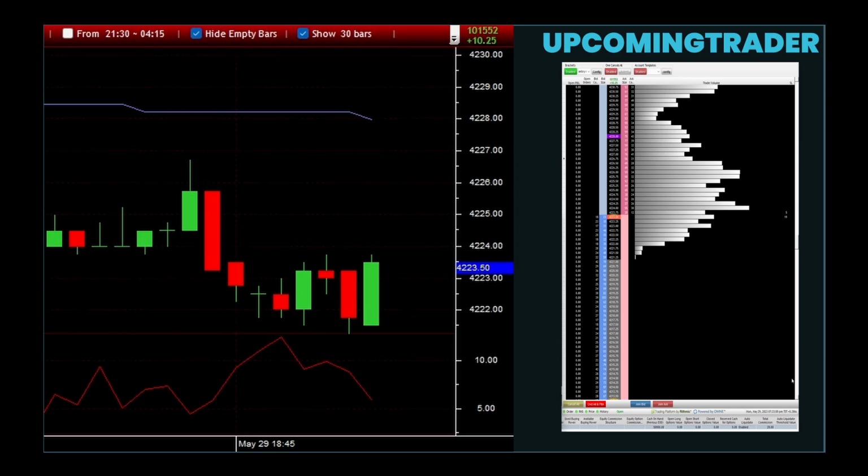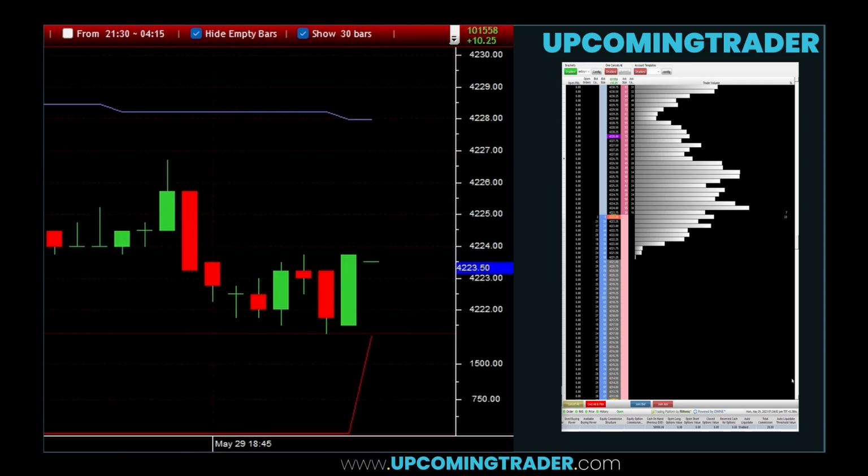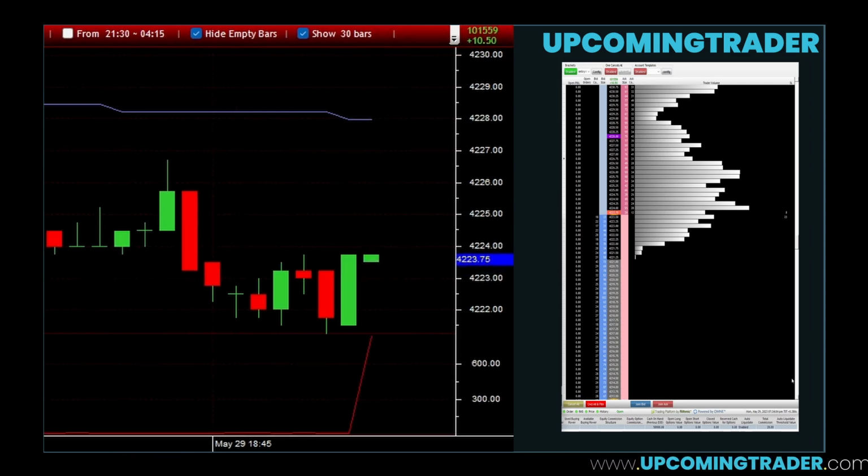This could be a bounce or it could be a breakthrough. Either way, it is a great spot to watch for trading opportunities. Another popular strategy is the breakout strategy. If the price breaks out of the value area or the initial balance, it could mean that a new trend